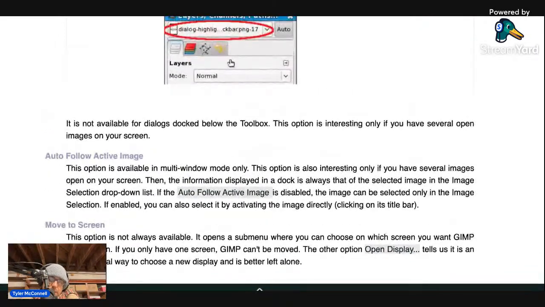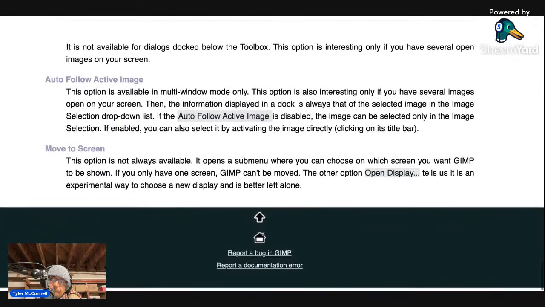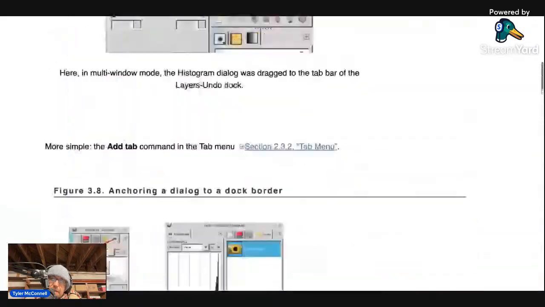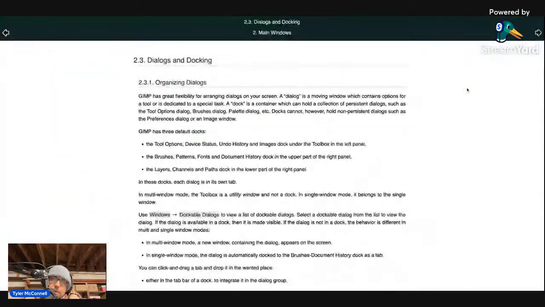It opens a submenu where you can choose on which screen you want GIMP to be shown. If you only have one screen, GIMP can't be moved. The other option, Open Display, tells us it is an experimental way to choose a new display and is better left alone. Okay, so next Wednesday, we will start at